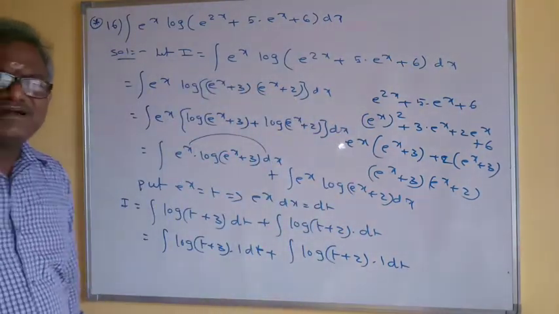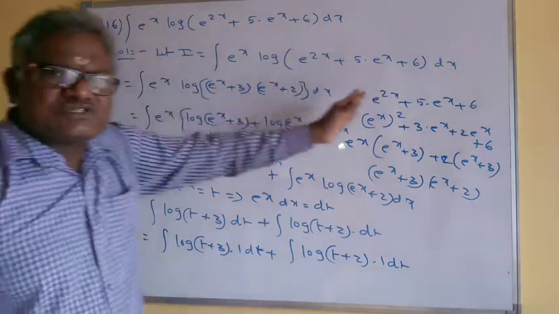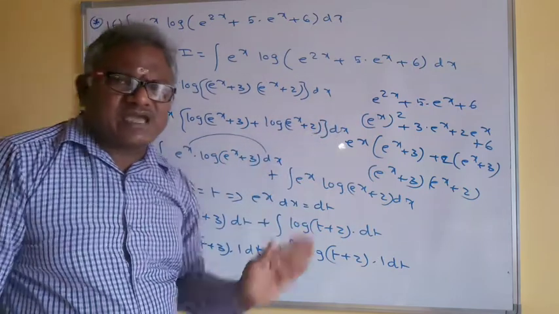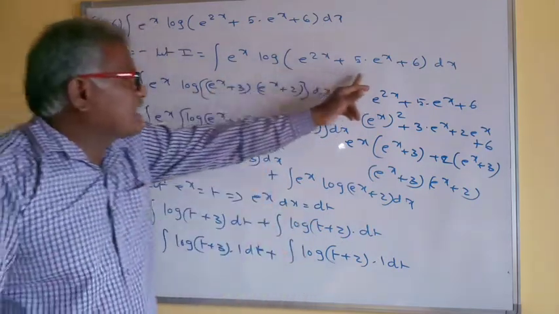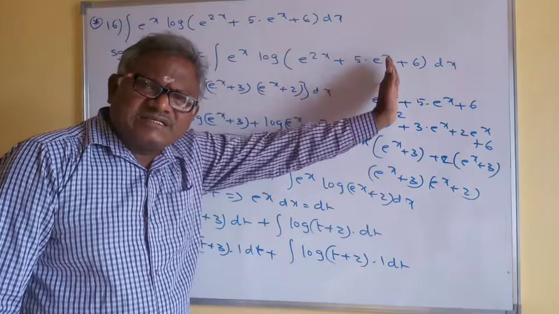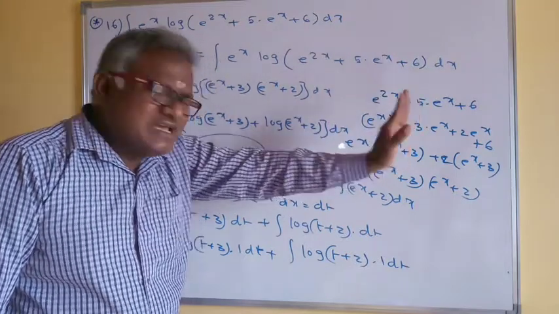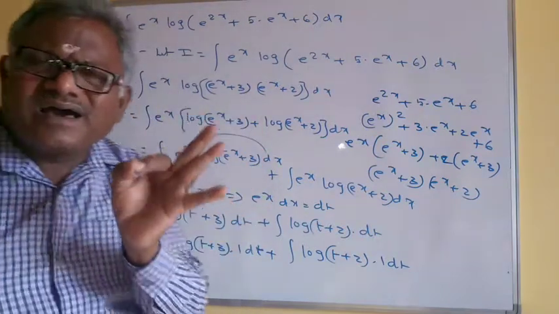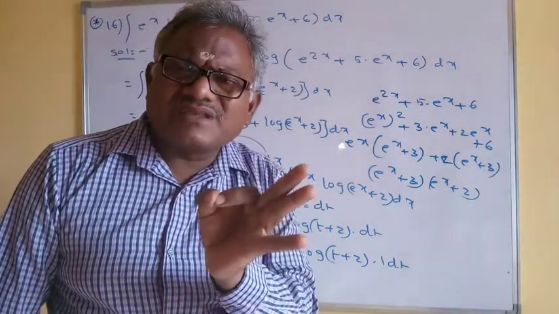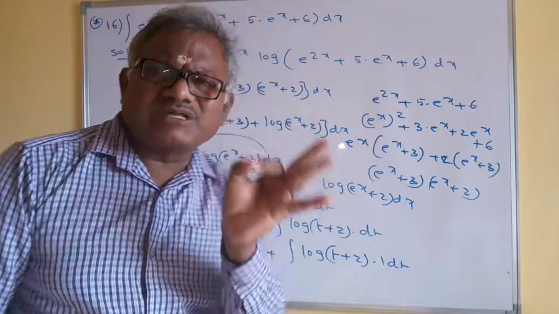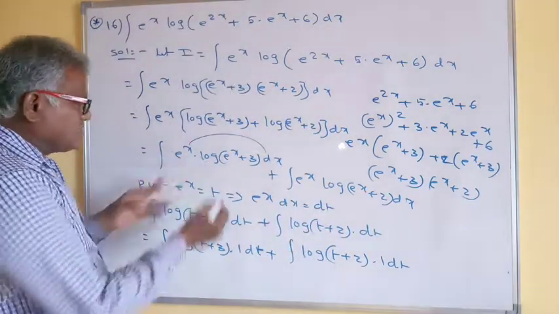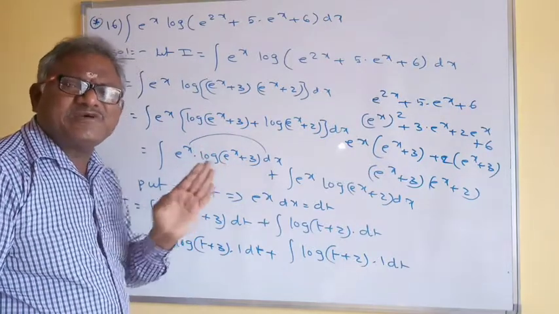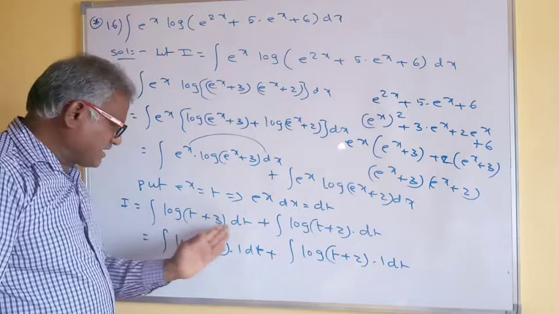Put a star mark because so much simplification is there. So due to that reason, you have to practice several times. First of all, you have to factorize this one. After completion of this, just write the log mn formula. What is the log mn formula? Log mn is equal to log m plus log n. So again, to evaluate this integral, just put e power x is equal to t.